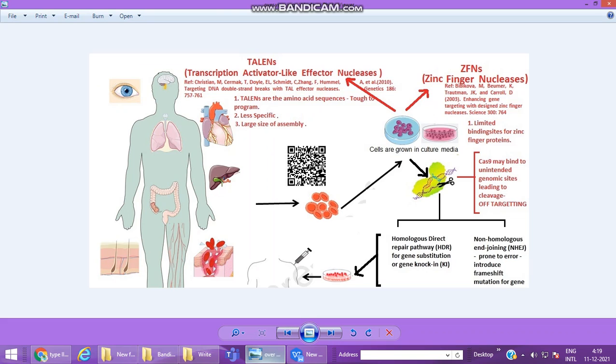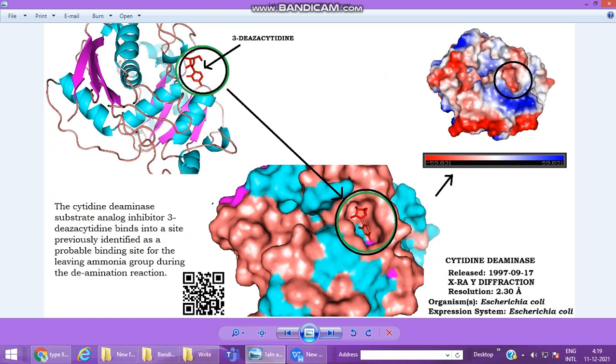Now this is the structure of the protein. Cytidine deaminase binds with a particular kind of nucleotide substrate and is able to modify it by deamination. Okay, now you can see this is the inhibitor which is bound with the active site, and the active site electrical